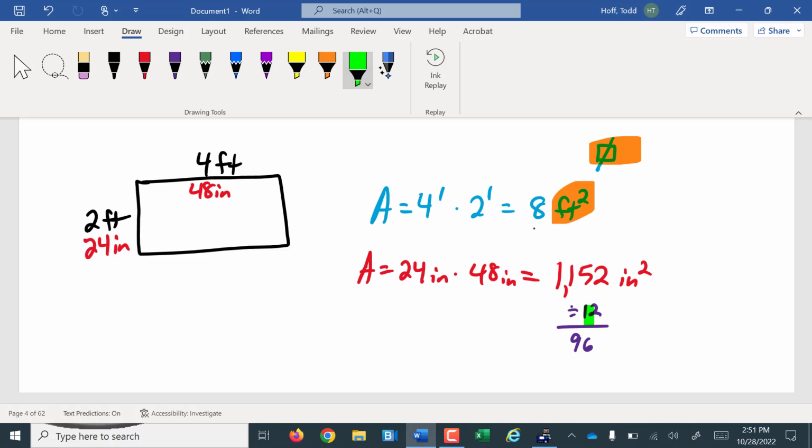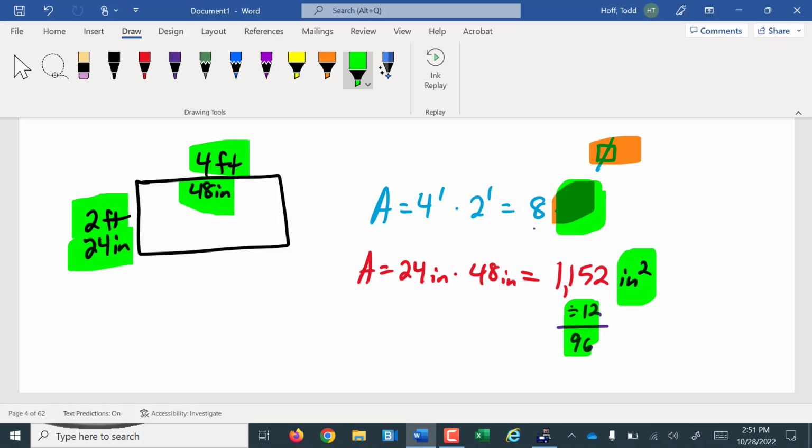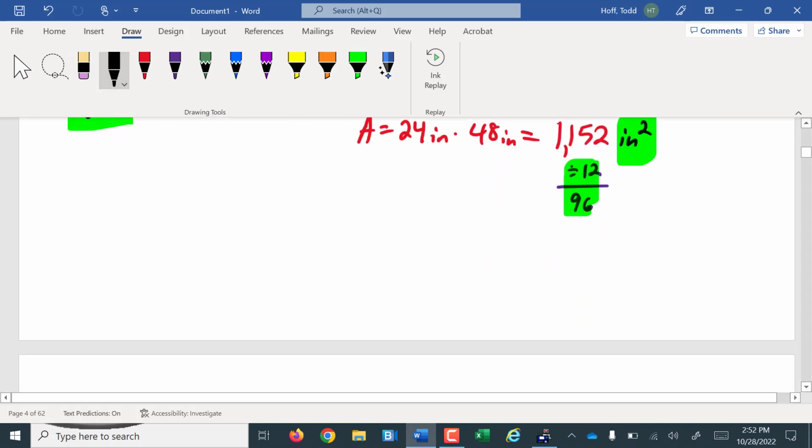Yeah. The 12 is for feet and inches. 2 feet times 12 gave me 24 inches, or 48 inches divided by 12 gives me 4 feet. But this is not feet and inches, it is square feet and square inches. So the conversion changes. The definition of 1 square foot